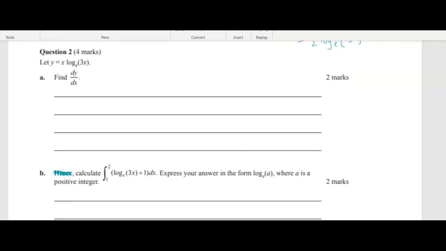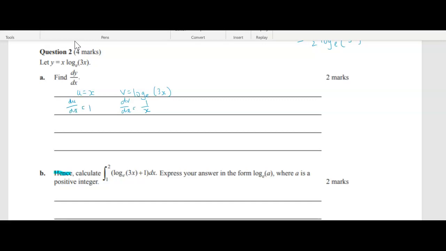All right, with this derivative, we're going to use the product rule. So we're going to let u equal x and v equal log base e of 3x. So dv dx is equal to 1 on x. Make sure you know the rules for derivatives. Actually, I think some are on your formula sheet. And then du dx